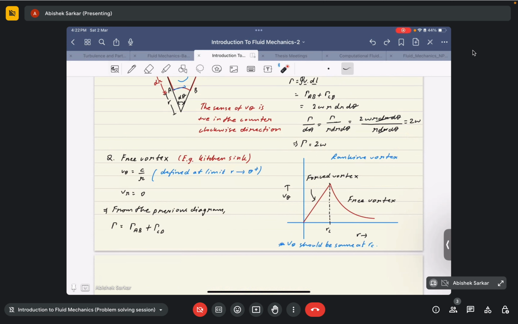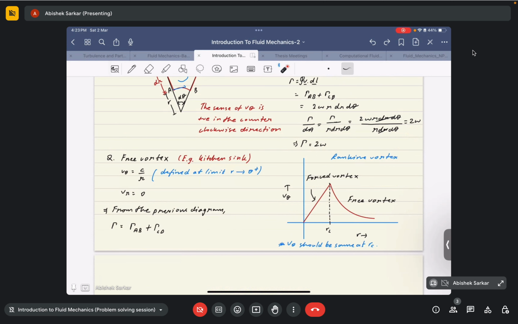That's modeled using the concepts of forced vortex and free vortex, right? So very crucial. But for today's session,